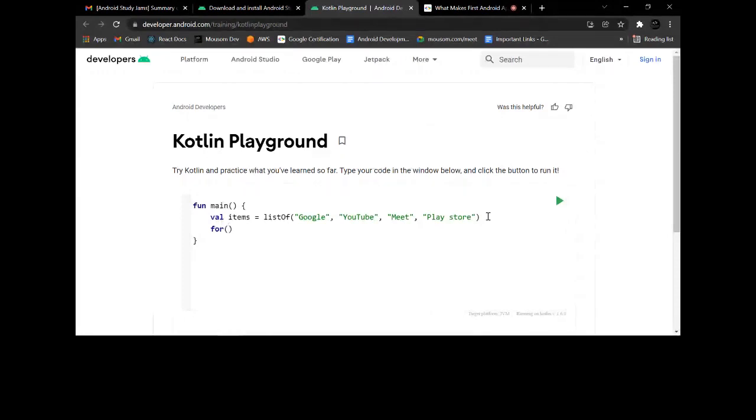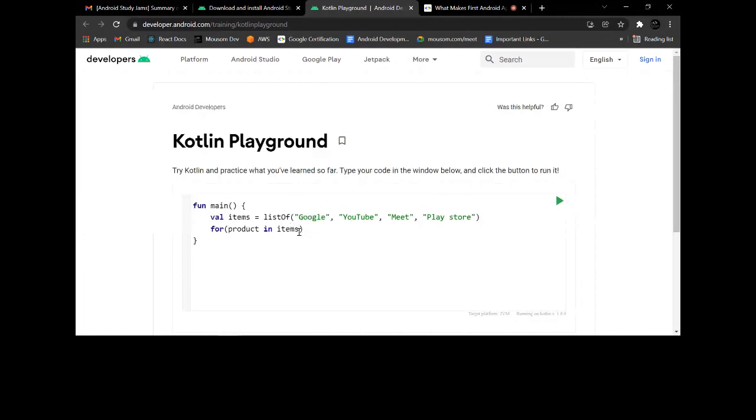So if I want to print all the items one by one, I can give any name like i or j, or anything. Here I can give the name product. These are all products of Google. So let me just do product. So product in, and all these products are inside this variable. Okay, items. So product in items,